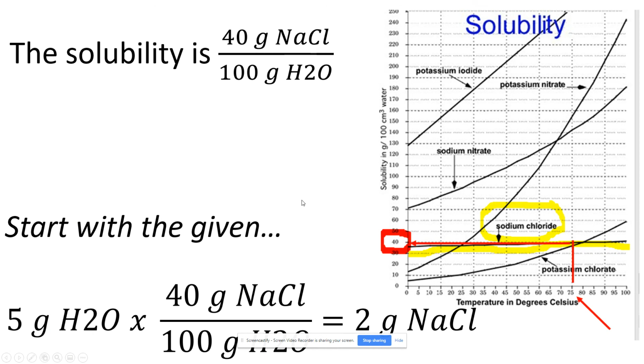Well, there's a couple different ways you can do it. But write down the solubility first, 40 grams of NaCl in 100 grams of water. And then you can use a picket fence, starting with the given that they gave you, which is the 5 grams of water, and using as a conversion factor